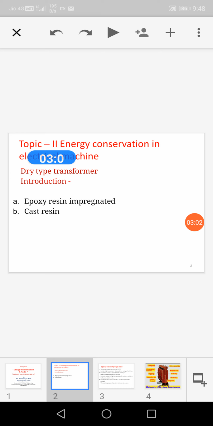Except this, other parts for the power transformer: bushing, breather, Buchholz relay, diaphragms, temperature gauge. A number of parts are associated to the traditional transformer,